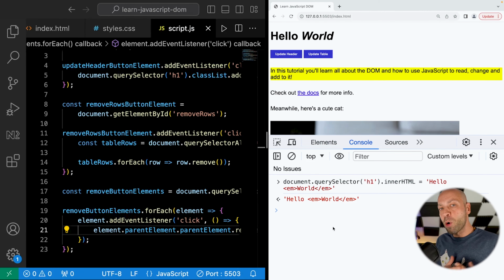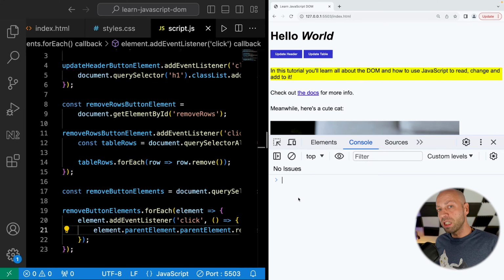So I'm going to show you a more flexible approach which allows you to create an element programmatically using JavaScript and then insert that somewhere into the document structure. So the function that you need to call in order to create a new element is document.createElement. And we need to store this in a variable so that we can use it later on, because otherwise it's just kind of lost. So let's just say new element is equal to